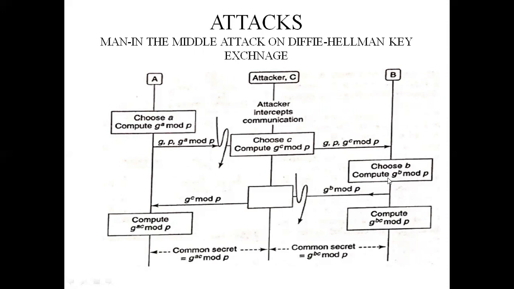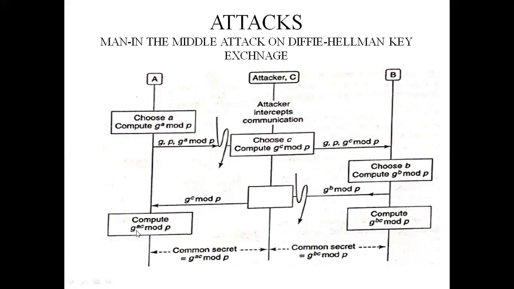B will be thinking that I am sending my message to A, but it's not. It will be sent to an attacker C. So attacker C will know G's random number and C's random number. C will keep all those numbers and send back G^C mod P here. So at the time of computation, A will think C was sent from B